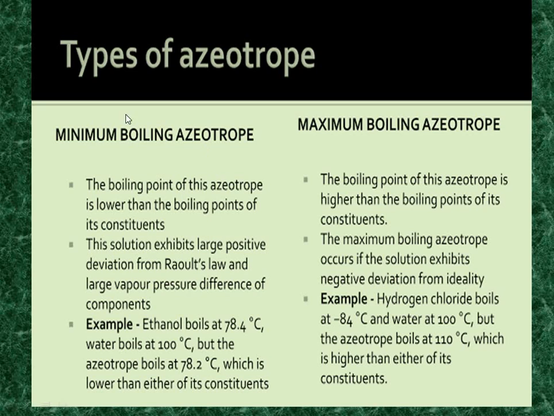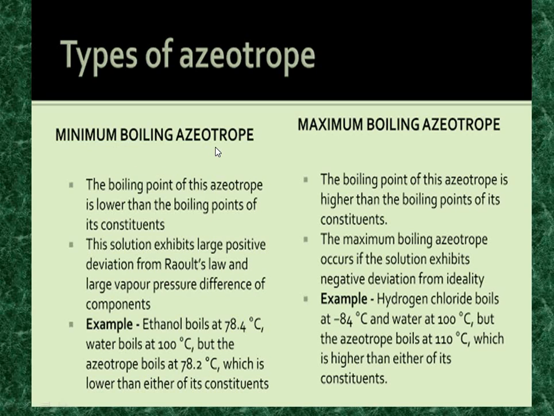For this azeotrope, we have ethanol, which boils at 78.4 degrees Celsius, and water at 100 degrees Celsius. They both boil at different temperatures, but when we mix them and boil that mixture, the boiling point of the mixture will be less than both temperatures. It will be lesser than 78.4 degrees Celsius. It might be 74, 75, but must be lesser than this. This type of mixture, which boils at less than 78.4 degrees Celsius, is an example of a